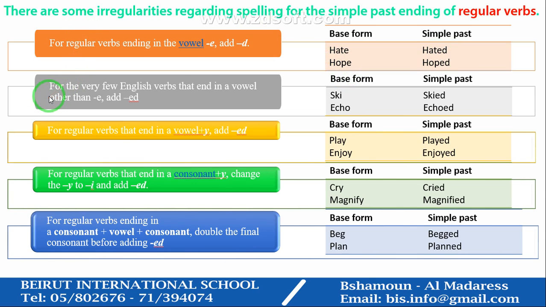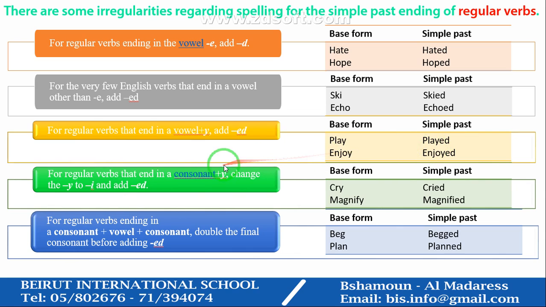For the very few English verbs that end in a vowel other than E, we add ed. So there are some verbs that end with a vowel but not E, like ski or echo. We have I and O here. We add ed and not only D. For regular verbs that end in a vowel plus Y, we add ed. So when we have a verb that ends with a vowel and then Y, like here A or O, we